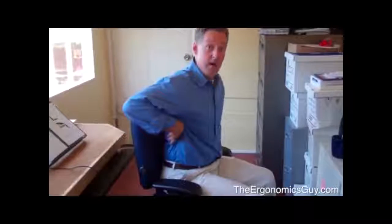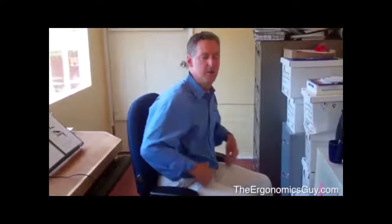And you can set it at any one of those clicks, and it will stay there. Once it hits the top, it comes all the way back down. What we see is that people don't know where to put this. It's either way too high and pushes on their mid-back, or it's way too low and pushes them out of